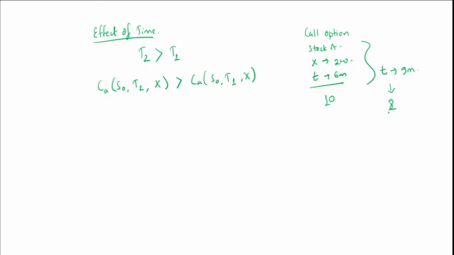The value of this 9 month option should be greater than the value of this 6 month option. So you can seek an arbitrage opportunity in this case. The next one is